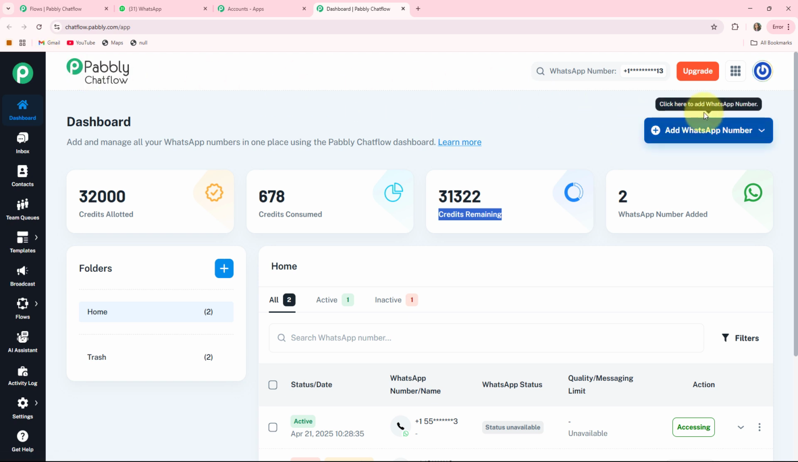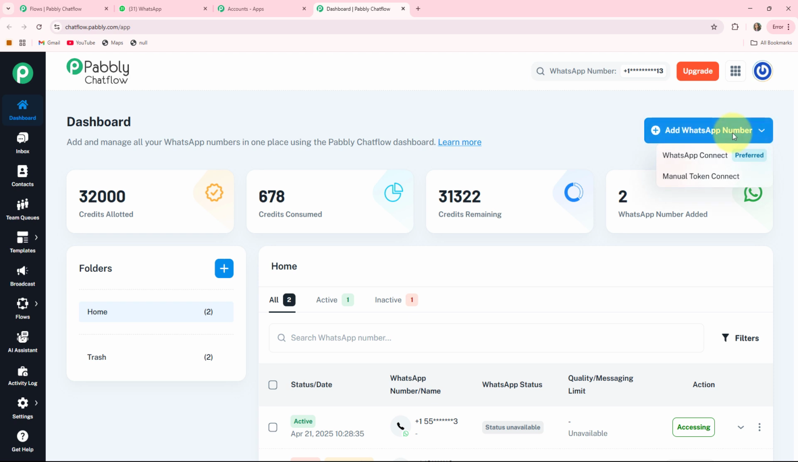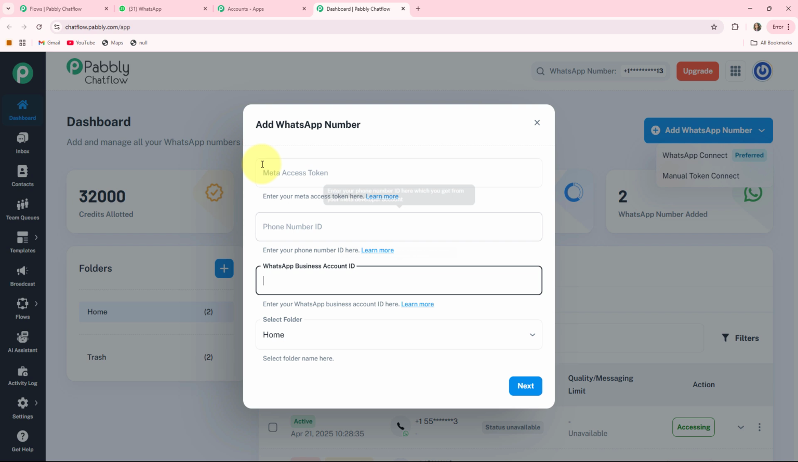If you want to know how to add your WhatsApp number to your Pabbly Chatflow account, then we have already created a separate video for it. I'll provide the link of the video in the description box. When you click on this, it will provide you 2 options, that is WhatsApp Connect and Manual Token Connect. WhatsApp Connect might involve scanning a QR code or entering the phone number and verification code. The second one is the Manual Token Connect. When you click on this, it will ask you for the Meta access token